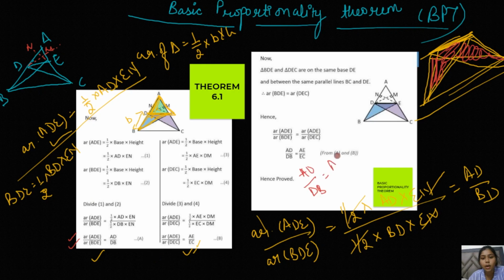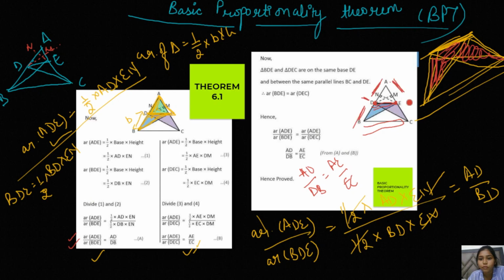So this is what the basic proportionality theorem says: when a line drawn in a triangle is parallel to the third side of the triangle, the line cutting the first and second sides divides them in a certain ratio, and their ratios will be equal. Like when we draw this DE parallel to BC, the points where D and E cut AB and AC give the ratio of AD and DB equal to the ratio of AE and EC.